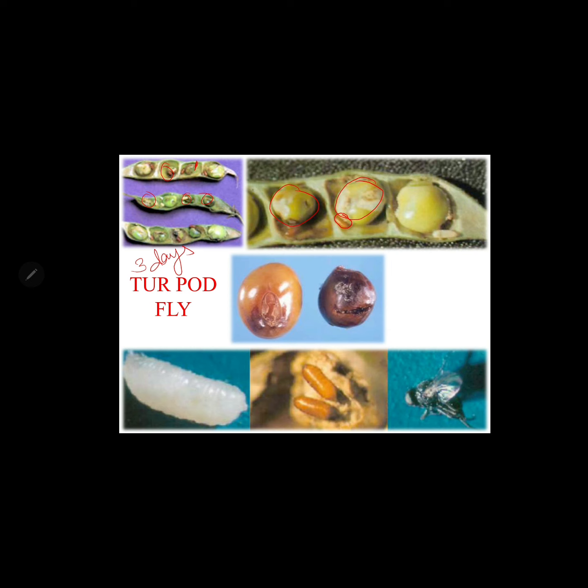We can observe the discoloration of infested pods, visible in green podded varieties. At the later stage of infestation, holes about 1 millimeter in diameter covered with a thin membrane are readily seen on infested pods. This is its larval stage. We can call it a maggot. These are the pupal stages, and this is the adult fly.